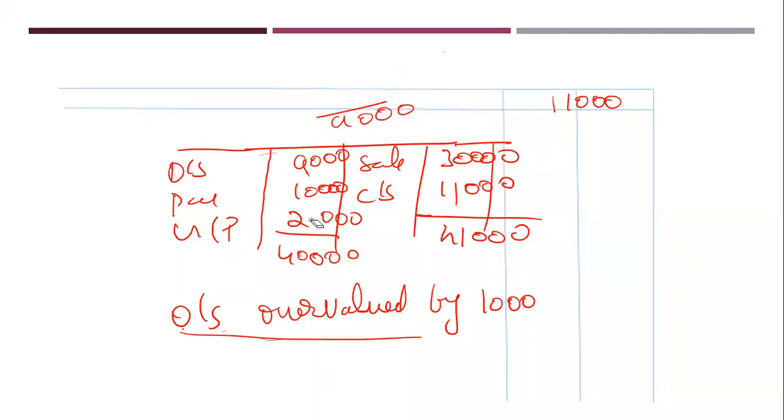So that's the reason any overvaluation we have to add it. Overvaluation of opening stock and undervaluation of closing stock we have to add back. Since it is overvalued, we are adding back. Since they have considered 10,000 in the P&L account, to rectify my calculation I am adding however much they have overvalued, that amount alone. So my profit gets increased.